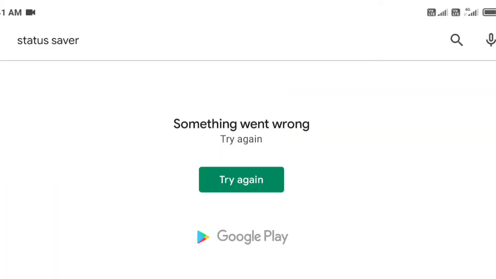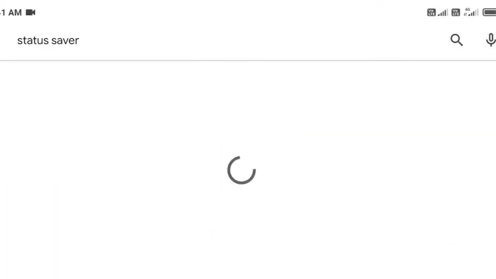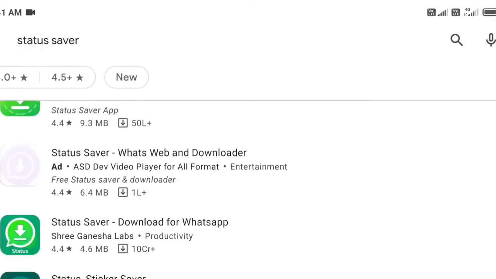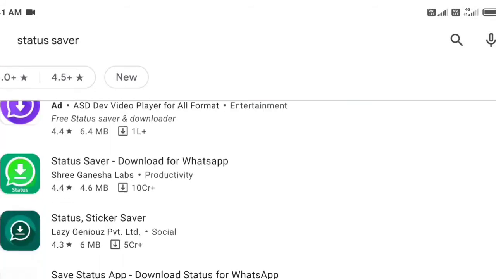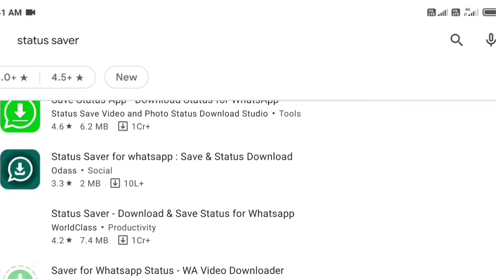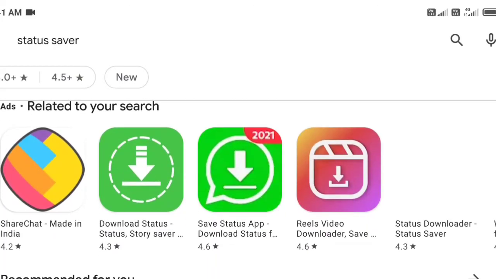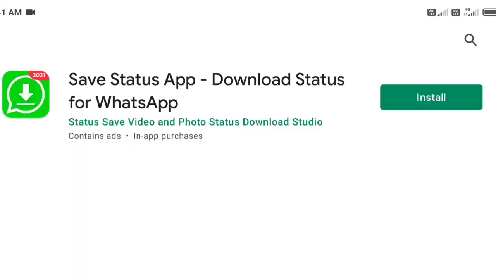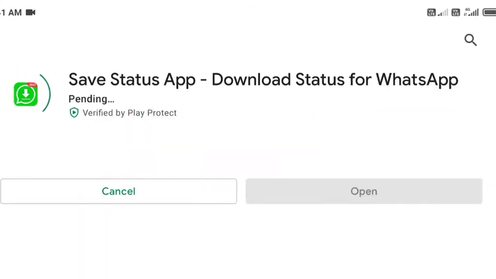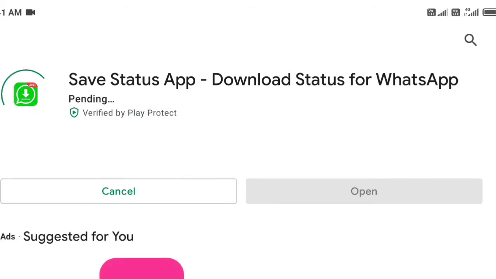My internet is down, so I'm changing the mobile's connection to Wi-Fi. Nothing to worry about. I'm going to download a WhatsApp status saver app. You can install it and save statuses in a very cool way.